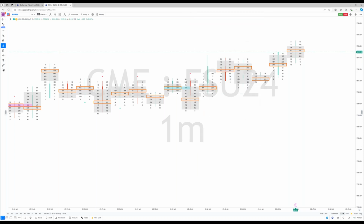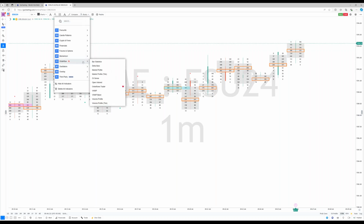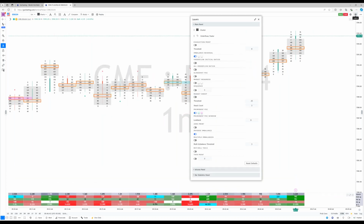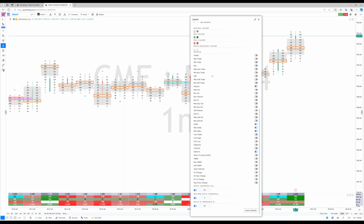And really quick, I'm going to show you something else. Go back to the study, back to order flow, click on bar statistics, okay? And what that is, it's this information sort of at the bottom of the chart, okay? I'll just run you through some things really quick here. Now the bar statistics, right, is important for me. I mean, there's a lot of statistics you can put on here, but one thing that I've had GoCharting add